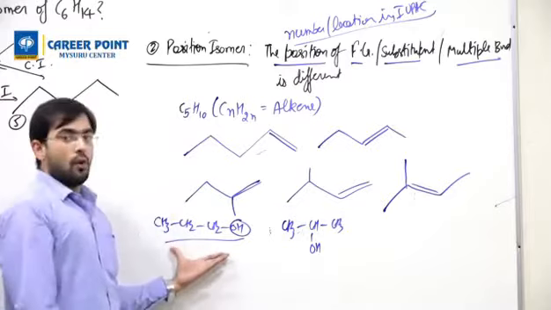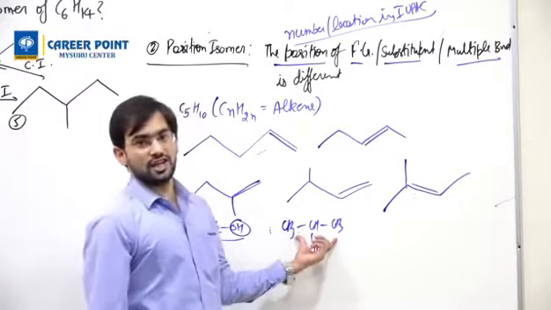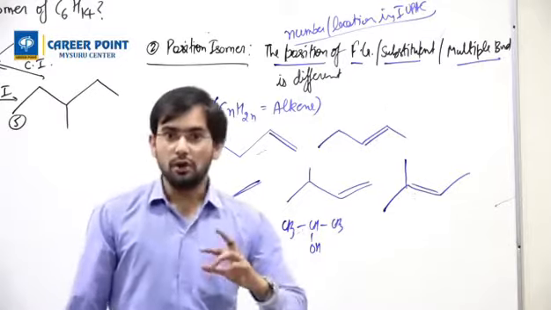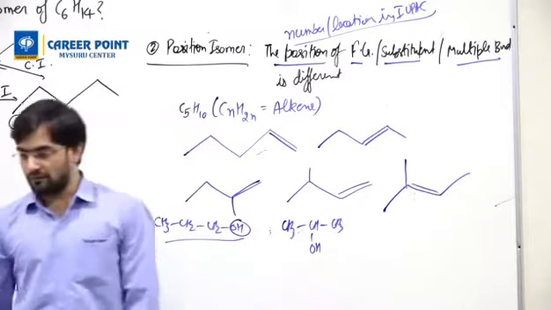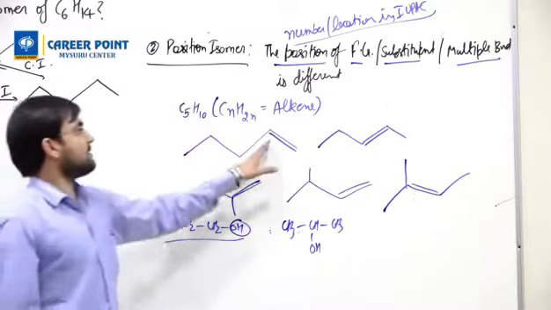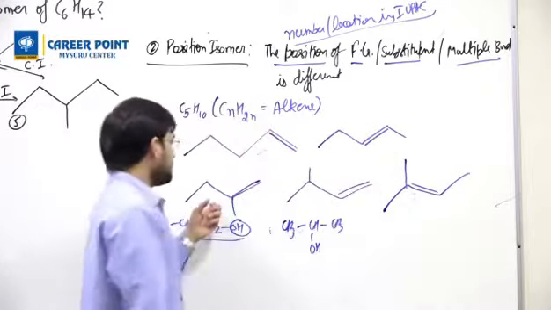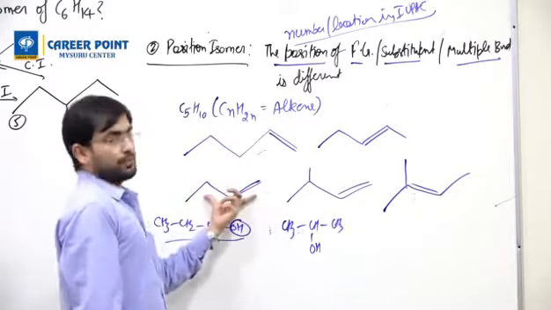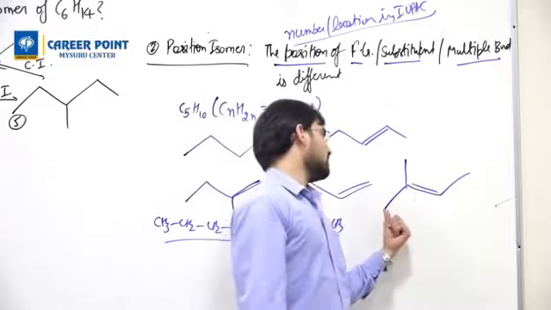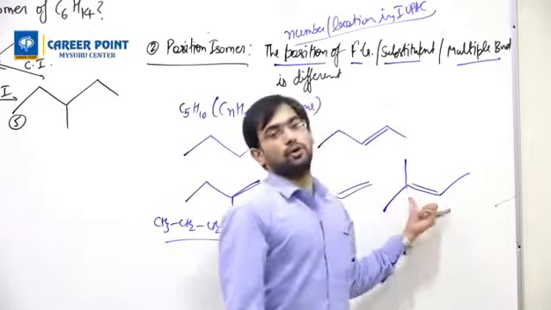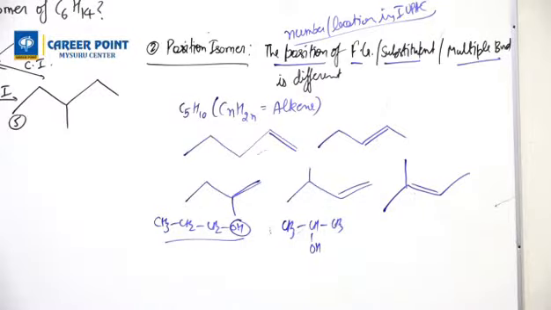So here you will write 1-propanol. Here you will write 2-propanol. What is changed? Digit. 1 to 2. But to change it you should draw a different structure, right? So 1-propanol, 2-propanol. Understood? In this case we have changed the double bond. This is 1-pentene. This is 2-pentene. This is 2-methyl butene 1. This is 3-methyl butene 1. This is 2-methyl butene 2. So position is changing. Okay. This is about position isomer.